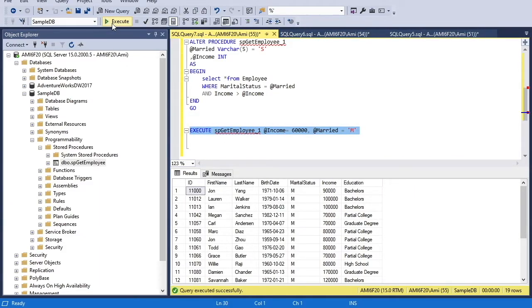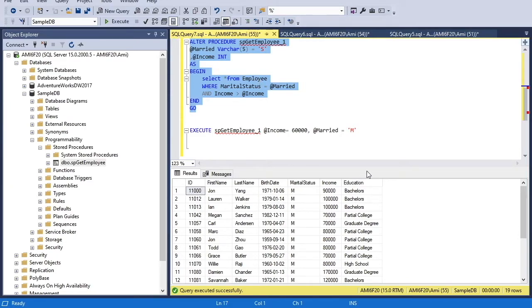So it means when we are executing the stored procedure and we are providing the parameter name along with the value, then we can put it in any sequence. Otherwise, if we are not providing the parameter name, then we have to provide the parameter value in the same sequence it has been defined in the procedure definition. Now let's see a new parameter of type output.